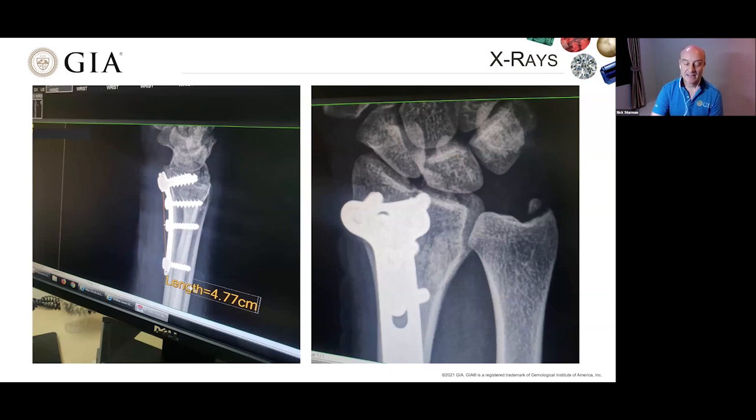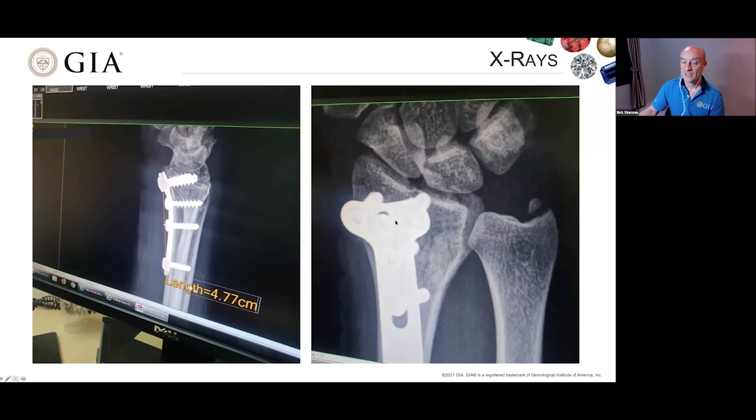And you can see clearly that the metal components show up, they stand out completely from the bone and the tissue around. So you have here the metal component, you can see the screws, and there's a metal plate here, which was used to straighten her arm. And it's very obvious, and it stands out here as well in another direction.